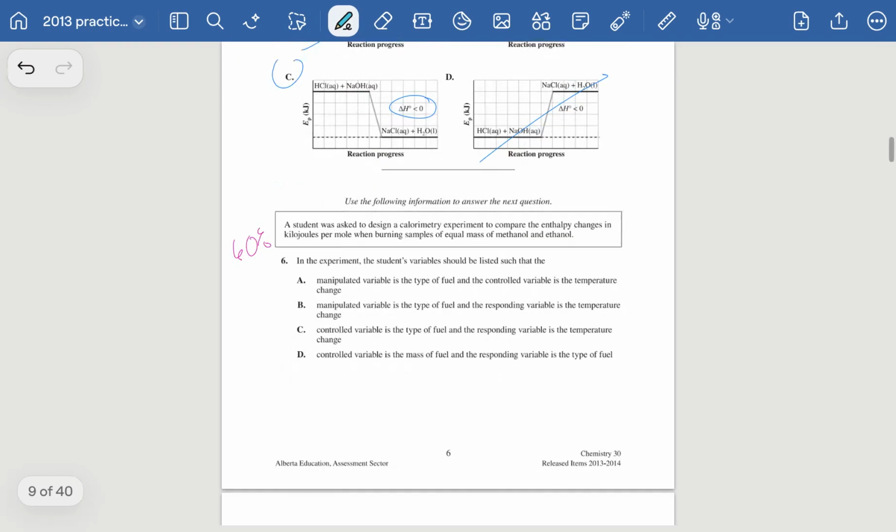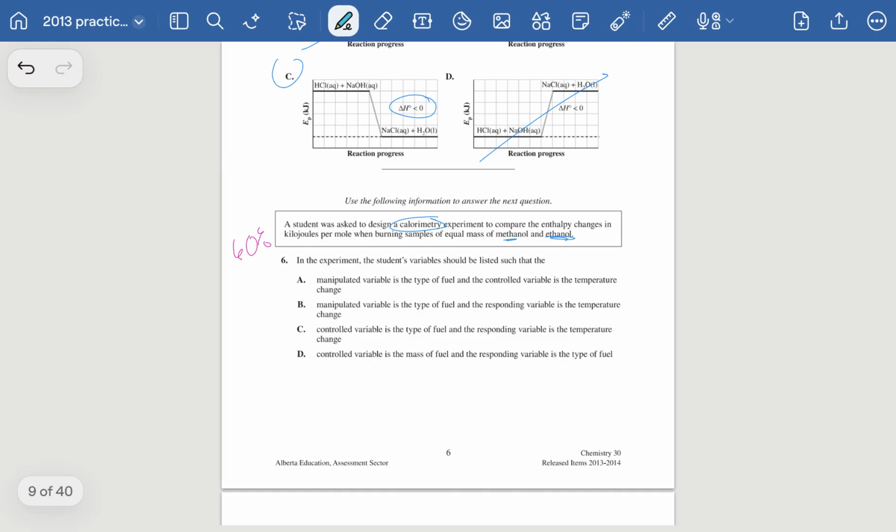The other part in a lot of your diploma level science courses is to be able to answer questions about experiments, knowing what's manipulated, responding, and controlled. So in this one, it's just reading over, you were asked to design a calorimetry experiment to compare enthalpies in kilojoules per mole when burning samples of equal mass of methanol and ethanol. So we're changing the fuel. So because we're changing the fuel being tested, that is what's being manipulated, right? The manipulated is the thing you change. Controlled, what can we keep the same? We can keep the same the calorimeter we use, we can keep the same room temperature,